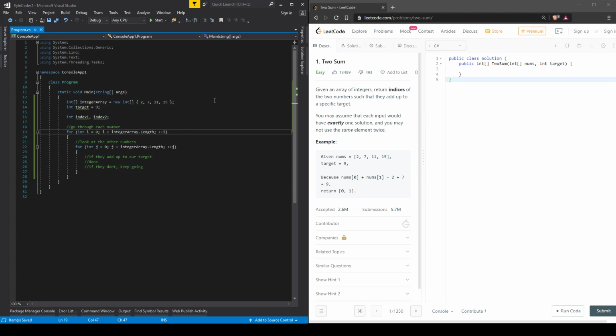Okay, now I want to look at this. This means we're going to go through every number in the array, but that's not necessary because the very last number doesn't matter. If we get to the very last number, there's no numbers after it, so we know that we won't find a solution. So we're going to go to integer array length minus 1. In addition, this is our first number, and we're comparing it to every other number, but we only need to look at numbers that come after it, because we've already done comparisons for the numbers before it. So for example,